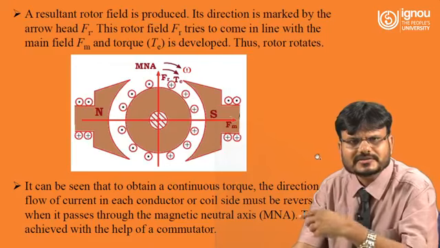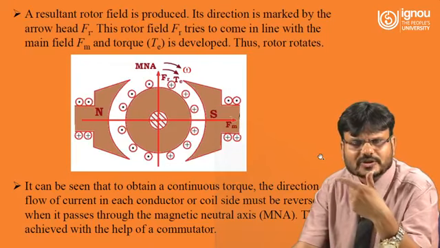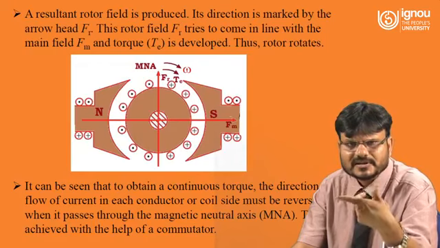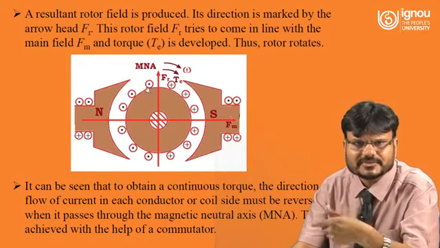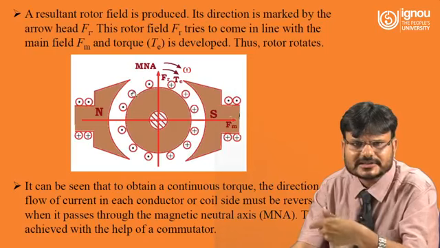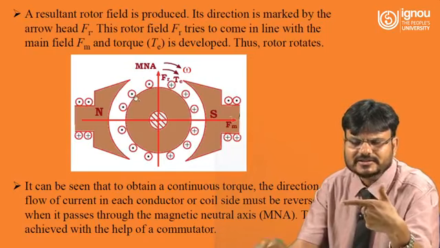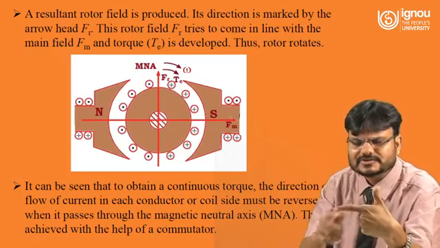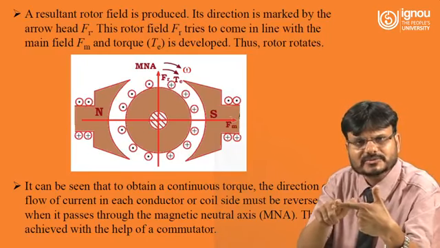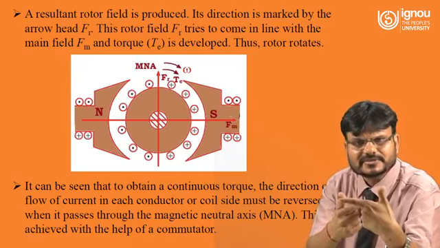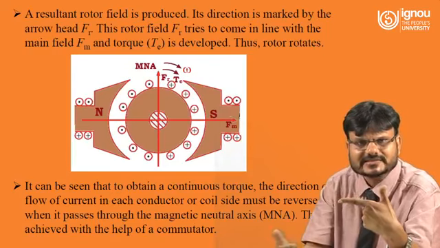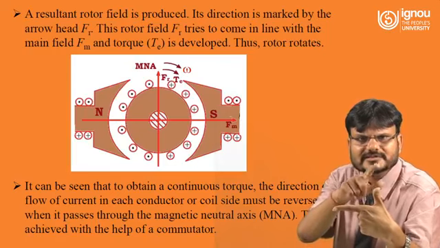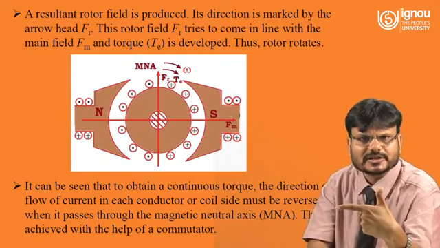So if you want to find out the direction of the rotor, here you can see, because the direction of the current is outwards and the direction of the magnetic field is from left to right, this finger is showing the direction of the magnetic field, and this index finger is showing the direction of the current flowing in the conductor. So this thumb will show the direction of the rotor.